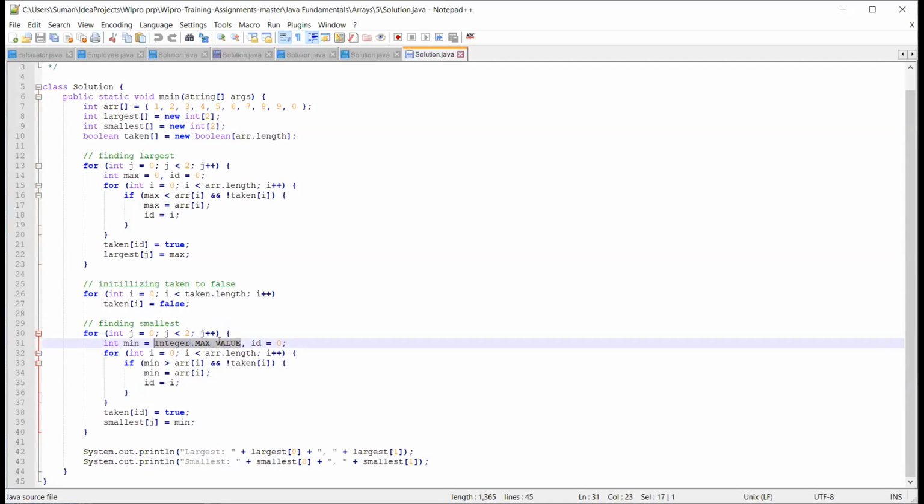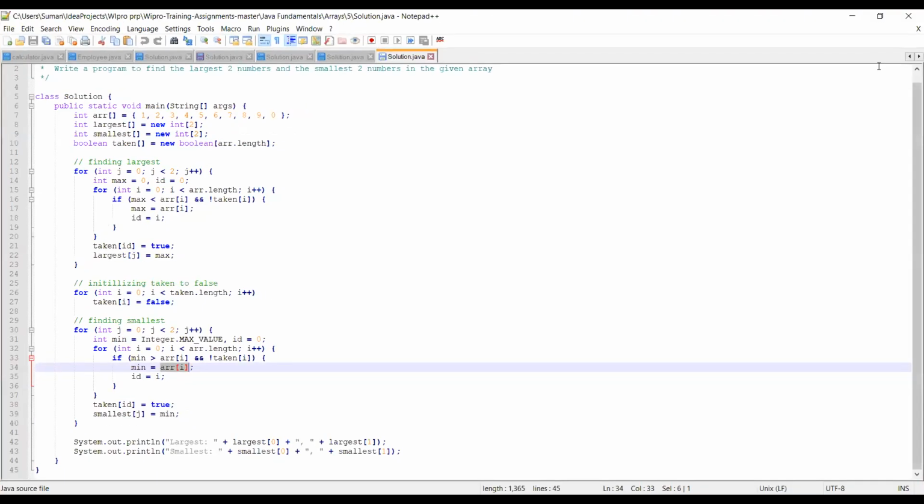Then only it will be compared, and we can change the minimum number to array of i. Any doubts till now?